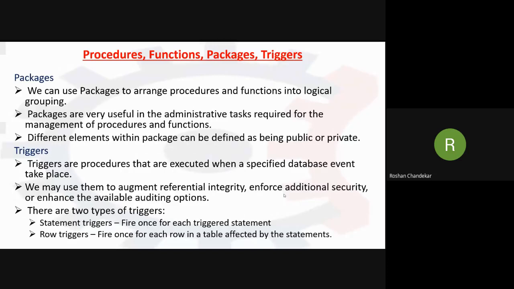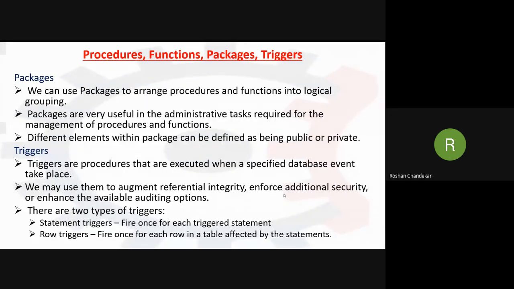Packages are useful in the administrative tasks required for management of procedures and functions. Whenever we have to manage our procedures or functions, our blocks of code in PL/SQL programming, the package is very useful for managing them.